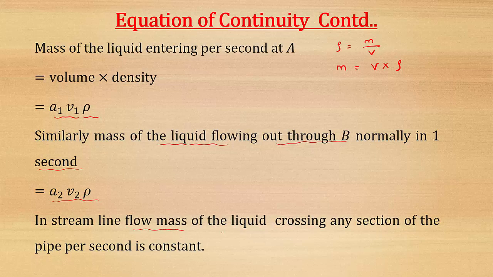In a streamline flow, the mass of the liquid crossing any cross section of the pipe per second is constant. What does it indicate? You can observe A1 V1 rho for one point, A2 V2 rho for another point. These are equal for any cross section. So rho will get cancelled. A1 V1 is equal to A2 V2. That indicates in streamline flow, the mass of liquid crossing any cross section of the pipe per second is